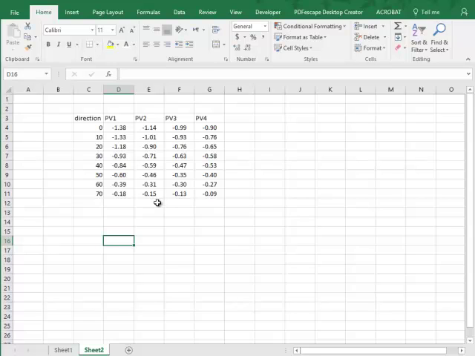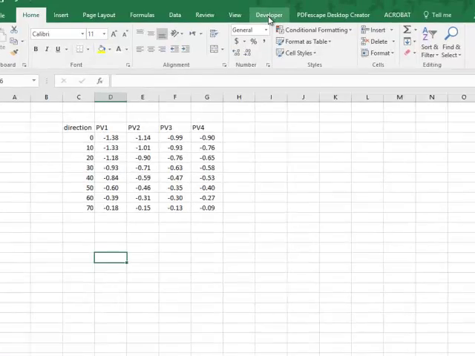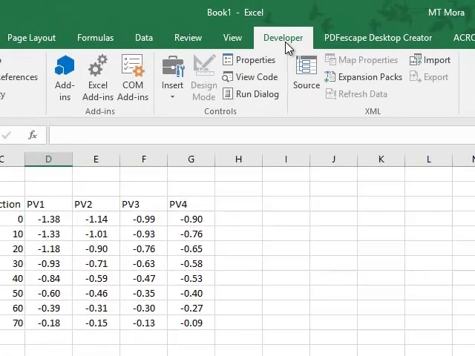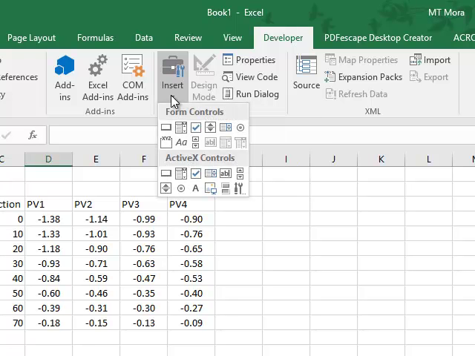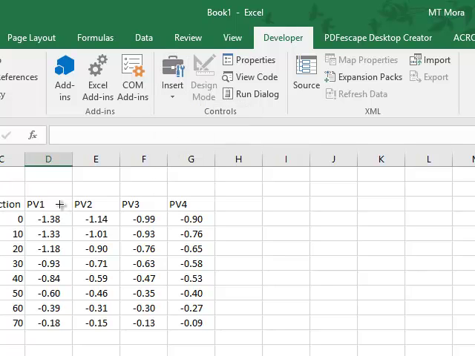To begin, first we need to draw our checkboxes. To do that, we need to go to the Developer header here in Excel. If you do not have that header and set of tools in your Excel, then you just need to activate it, which I will explain later. So we go to the Developer header, and then from there Insert, and we have 2 sets of tools, Form Controls and ActiveX Controls. From Form Controls we pick the checkbox, and then we can easily draw a checkbox wherever we want,